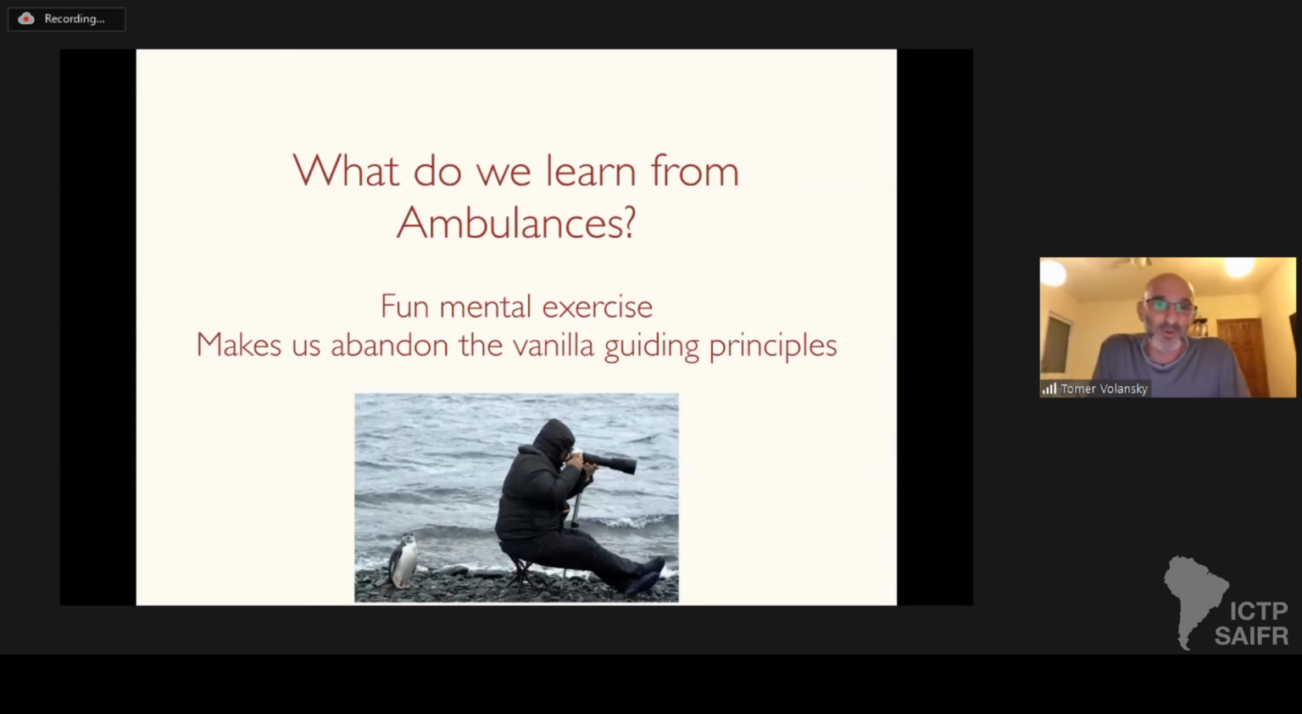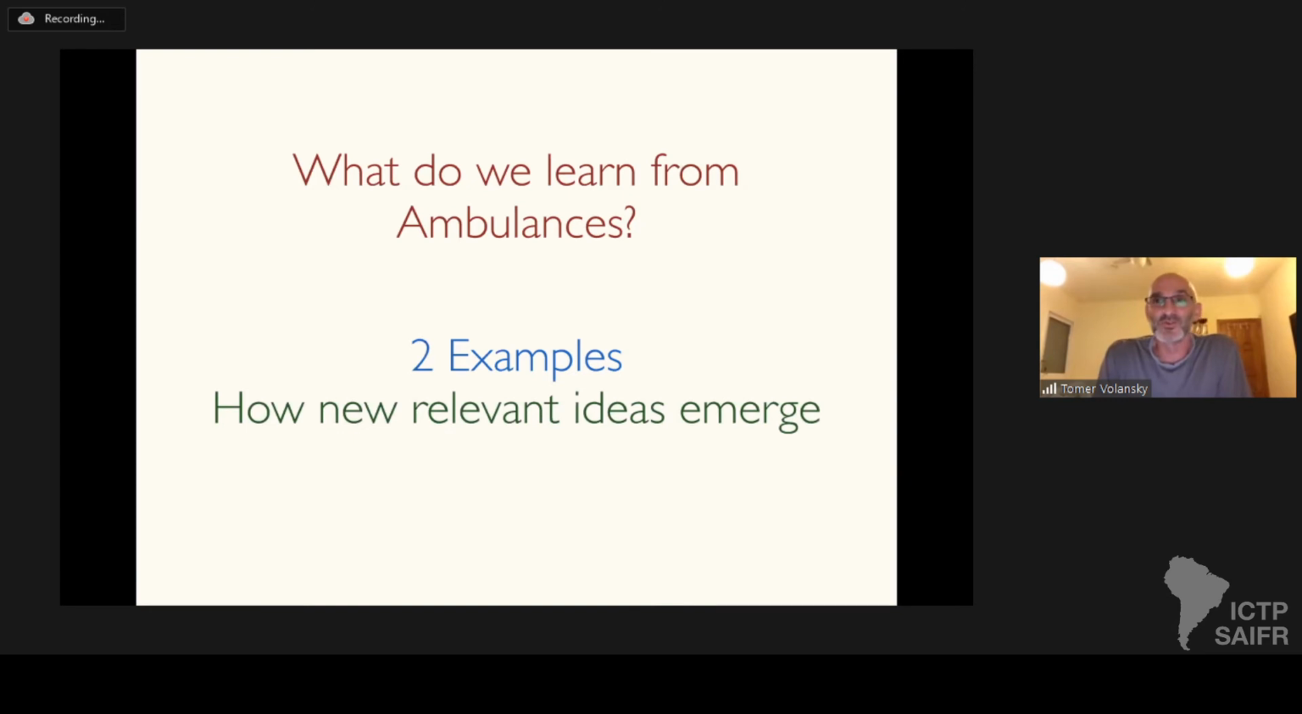So what do we learn from ambulances? It's a fun mental exercise, and it usually makes us abandon the vanilla kind of principle that we are usually following. And when we do that, we look around and we might find new penguins that were otherwise overlooked. All right, so what I want to do today is give you two examples of such ambulances and the ideas